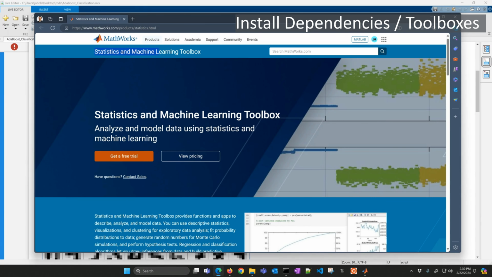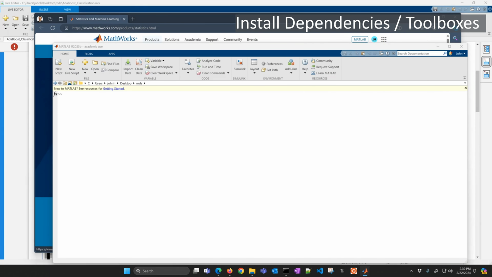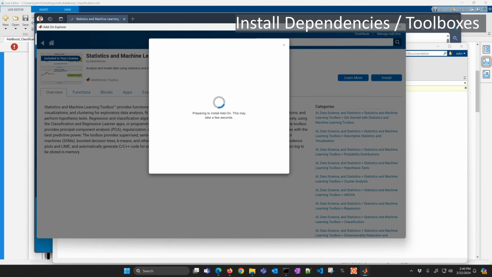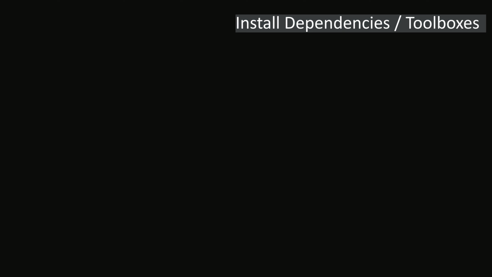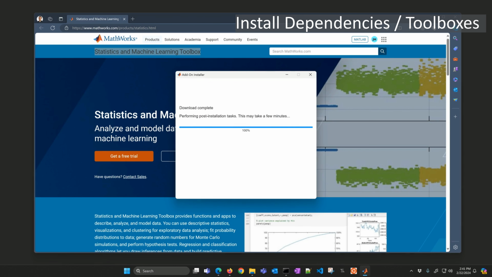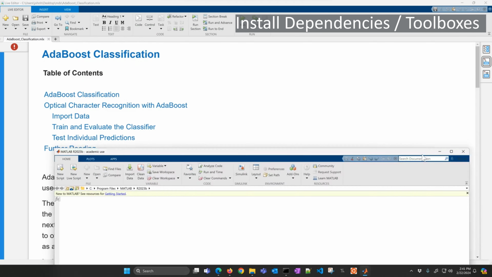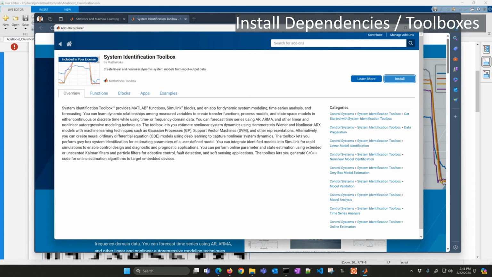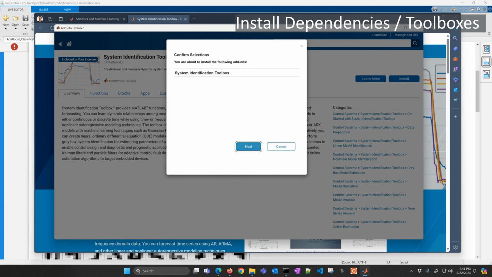All right, and then the other thing I want to show is in the AdaBoost. They're missing packages. If you're going to run this locally, you want to install some of these dependencies or packages. So for example, I needed the Statistics and Machine Learning Toolbox, and it's very easy to add those from MATLAB. So I just wanted to show this, that each of these modules has all of the dependencies. And so if you go into that module, you can install those if you have the license for them, or if you go to MATLAB Online, all of those already exist.